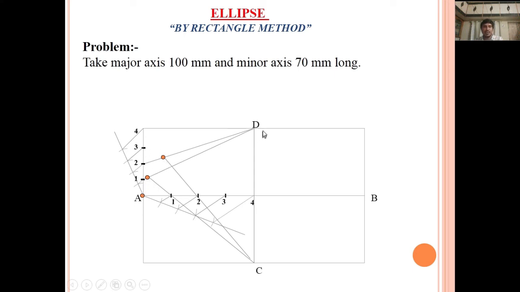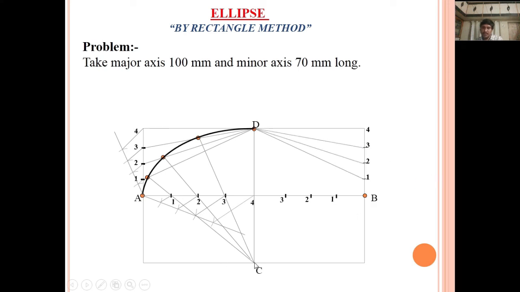Same procedure, draw a line 3D. From the point C, draw a line through point 3 and coincide with the 3D line, and we get one another point, and 4 is already connected at D. That's why we get all these points 1, 2, 3, 4 and 5. This procedure is continued in all remaining 3 quadrants, and we get here 1, 2, 3 points, 1, 2, 3, 4 points, and draw the same procedure, 1D line, 2D line, 3D line,